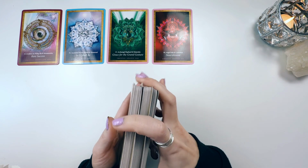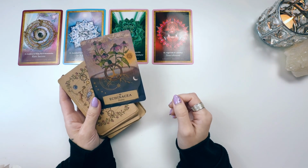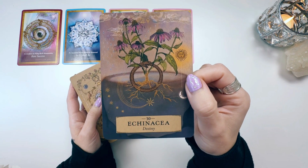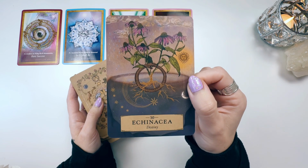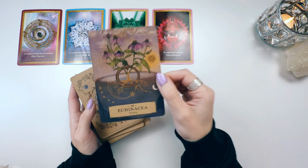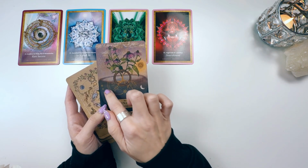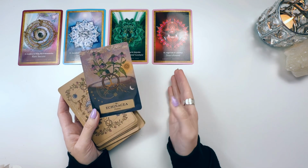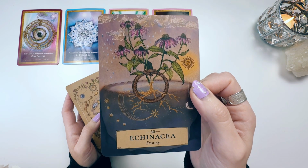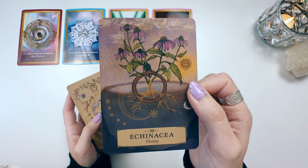I want to get some of these cards. Spirit always guides me to the particular decks that are meant to be used in the readings to bring through the messages or the coding. Echinacea, Destiny. The Ouroboros really standing out there. So that's a very symbolic image that can unlock certain things. There's shadow to it, and there's also light to it. That's kind of with everything, but I'm seeing this as a cycle. And they're talking about nourishment with this card here, and then the snake is eating its own tail. So I feel like this is an infinite cycle of self-nourishment that's happening, that you're unlocking within this light body activation, so that you don't have to,